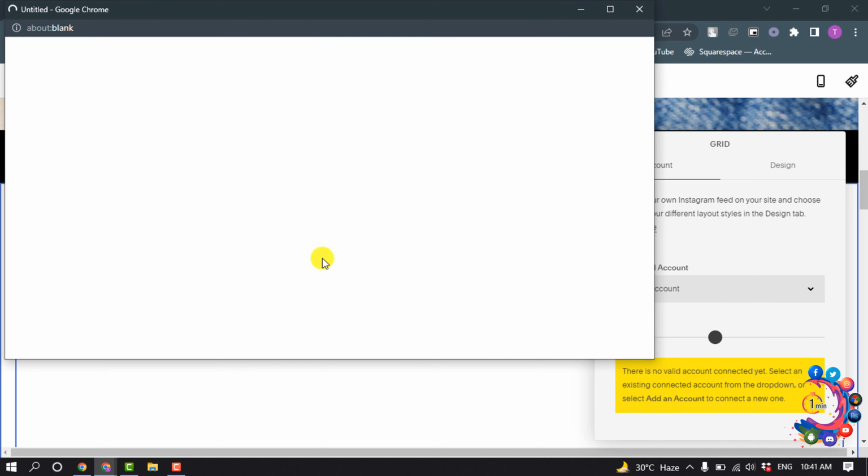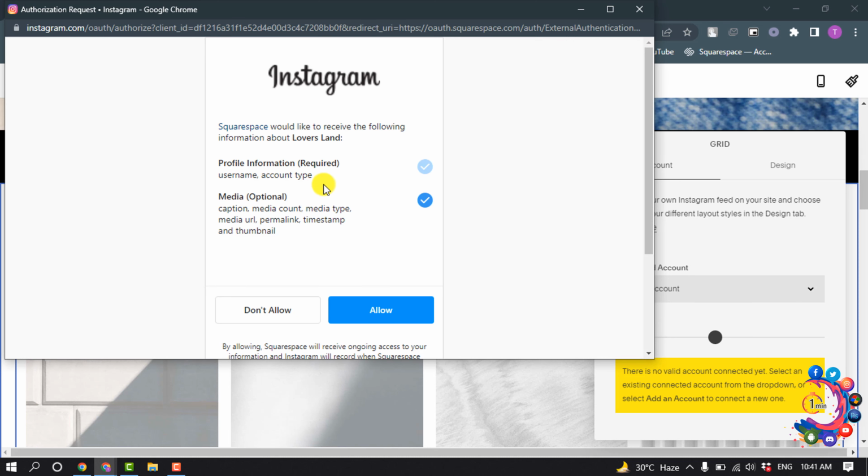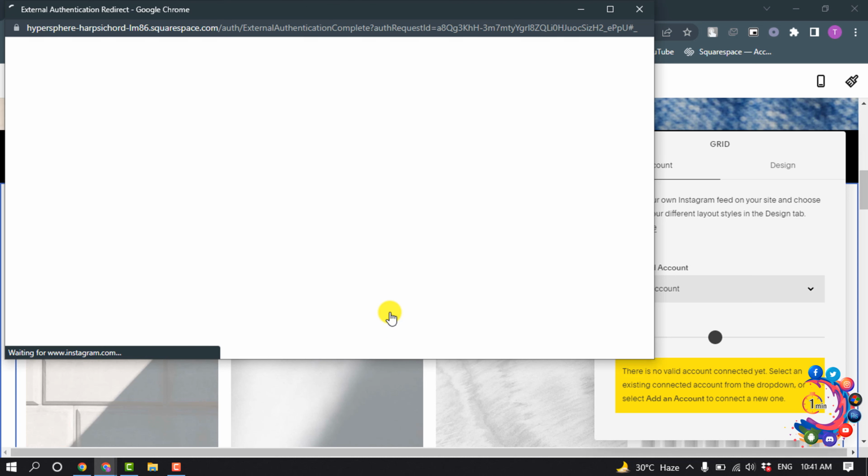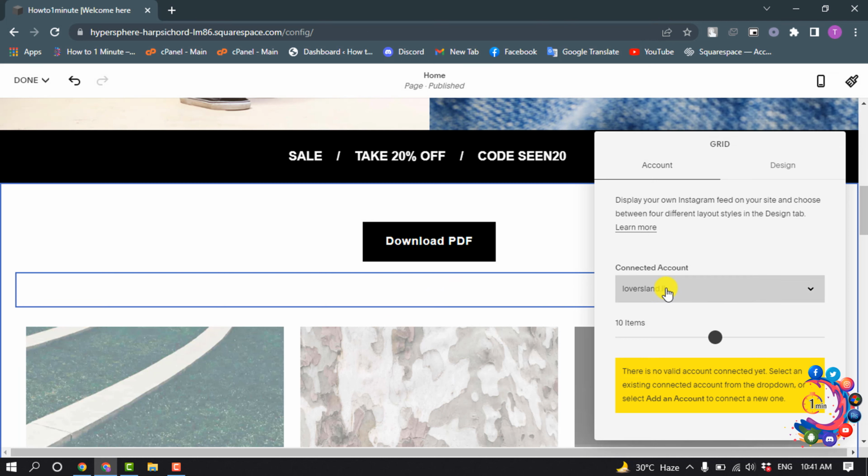Okay, and now click on allow, or it may ask you to log in into your Instagram account using your Instagram username and password, so click on allow. So here you can see the account has been added,